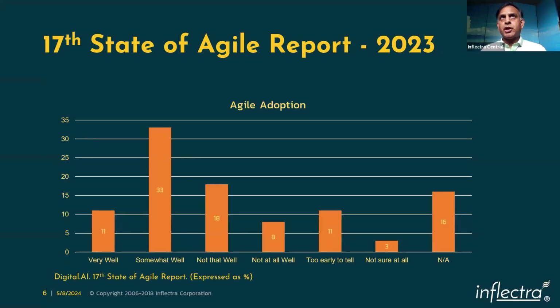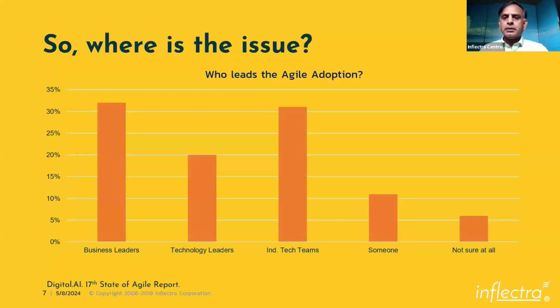Let's take a look at the 17th State of Agile 2023 report. Now, if you look at this particular number, they are expressed in percentage, and I'm going to ignore the percentage focusing on very well and somewhat well, where Agile adoption is working very well or somewhat well. But if you focus on the other element, which is more than 54% over here, because 44 is over there, so about 56% is on the other side. When you look at that, why is that the case? Why is a majority of the people coming and saying Agile adoption is not working effectively, or as effectively as it should? When you dig a little bit deeper into this,